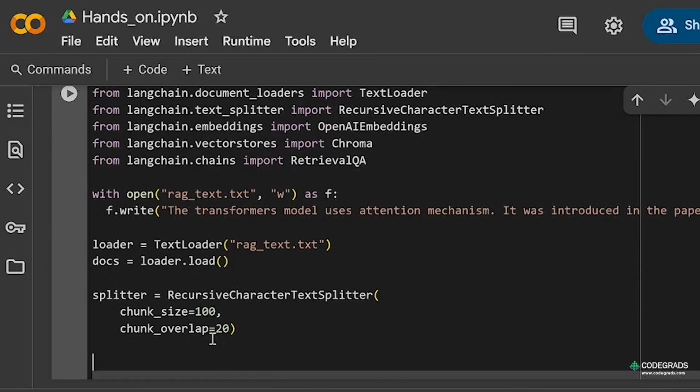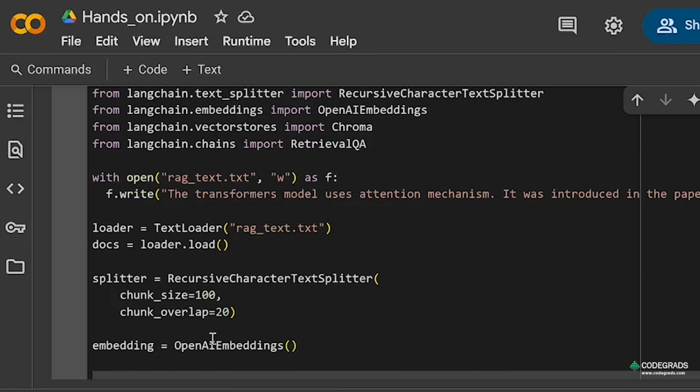Now next would be embedding. Right after creating the chunks, I need to create embeddings. So for that, embedding equal to OpenAI embedding. We'll use the default one. Then the vector store. The vector store would be Chroma, which we have imported. So Chroma from documents, and I will mention the